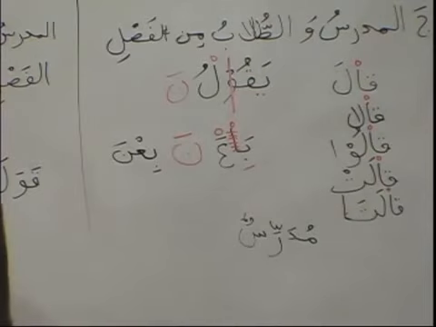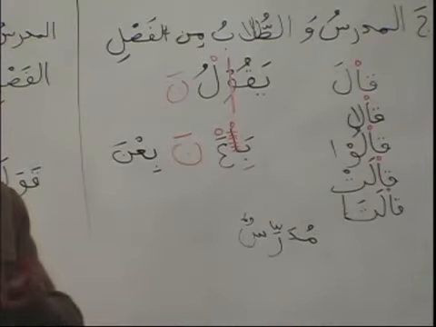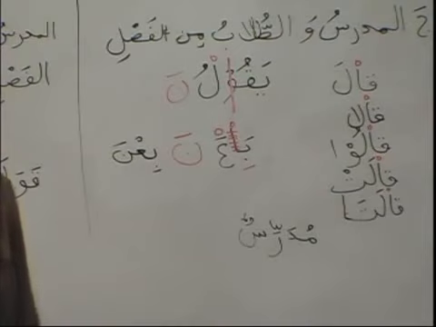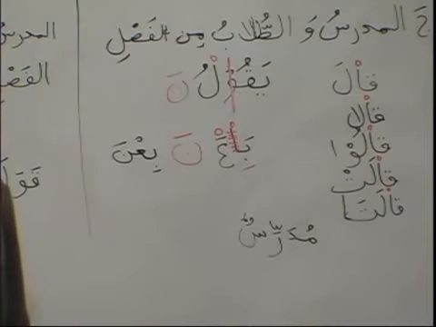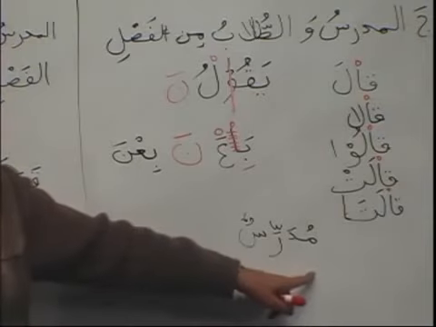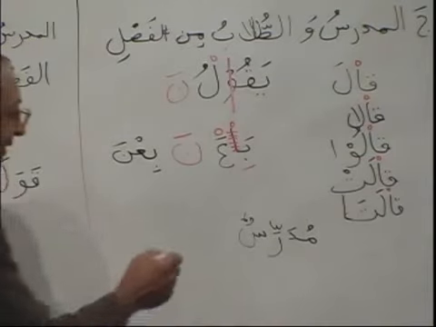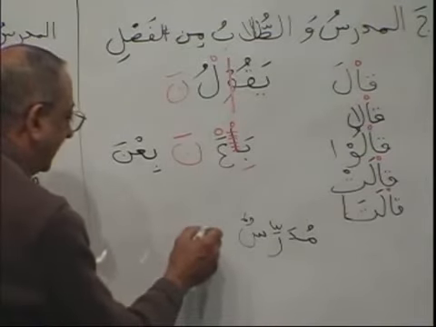And if it is a broken plural, there will be changes in its singular form. For example, Kalamun, Aklamun, you broke it. You added A and then Alif and all that. Aklamun, it's not Kalamuna, no. Baitun, Buyutun. See, you are changing it. But here you are not changing. Mudarrisun, Mudarrisuna. Fine, brother. This is the reason it is called